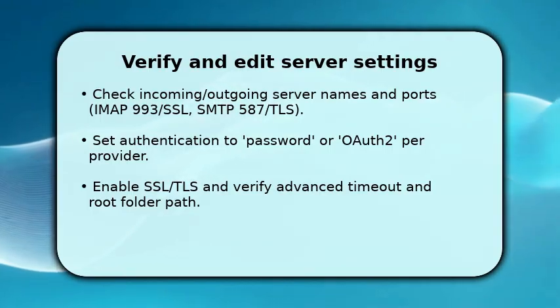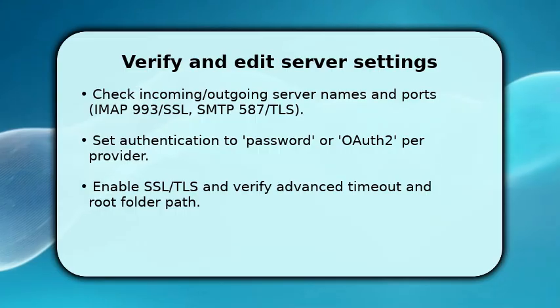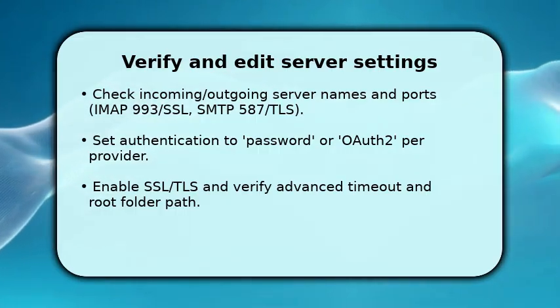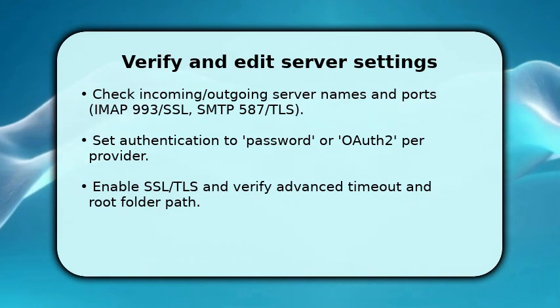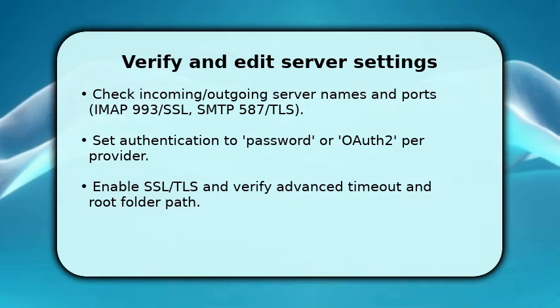Next, on the Outgoing Server tab, select the proper authentication method. Providers increasingly require OAuth 2. Make sure the root folder path is correct for IMAP accounts, and you finish by applying changes, restarting Outlook, and testing